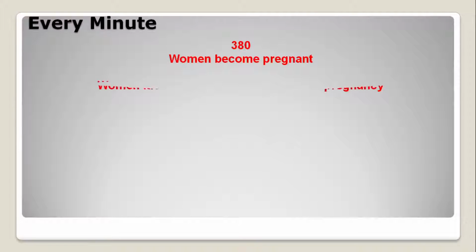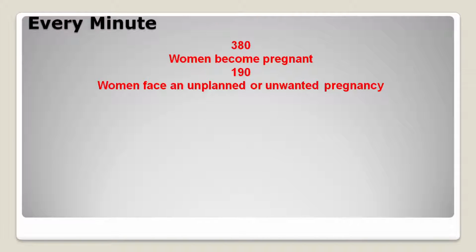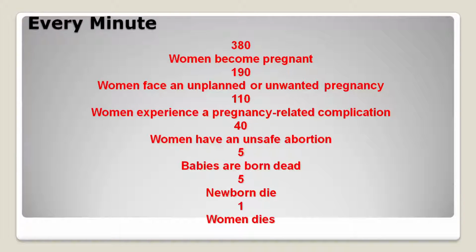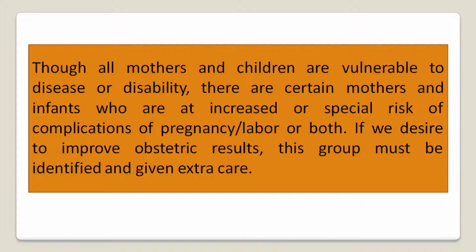In every minute, 190 women become pregnant. Among them, 80 women face unplanned or unwanted pregnancies, 110 women experience pregnancy-related complications, 40 women have unsafe abortion, 5 babies are born dead and 5 newborns die, and 1 woman dies. Though all mothers and children are vulnerable to disease or disability, there are certain mothers and